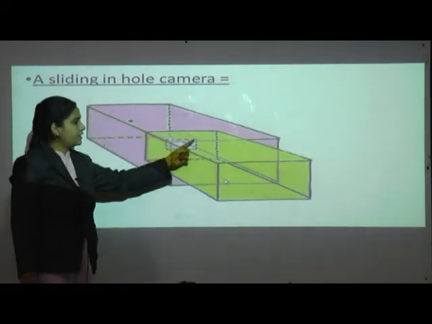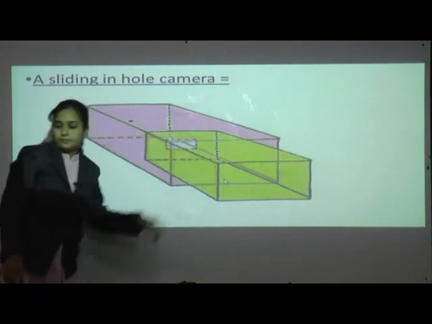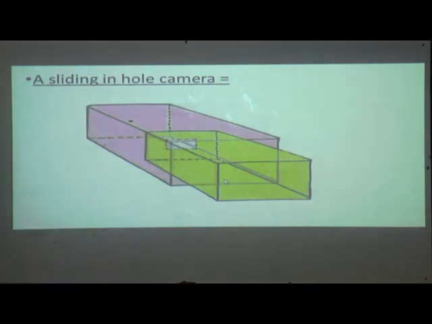Just like cut it. Okay, now cover this open square in the box with tracing paper. Slide the smaller box inside the larger one with the hole, in such a way that the side of the tracing paper is inside. Your pinhole camera is ready for use now.